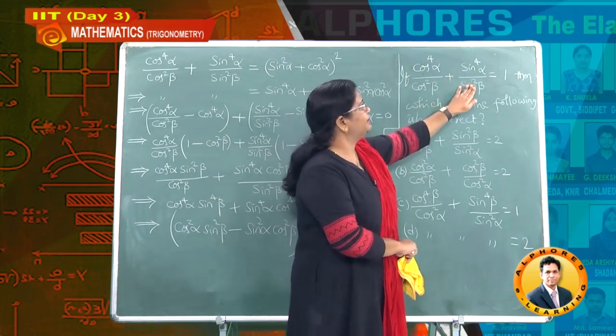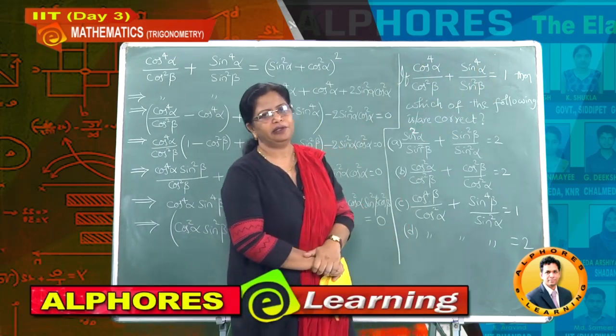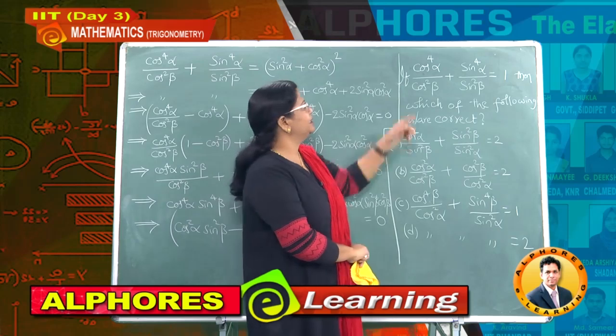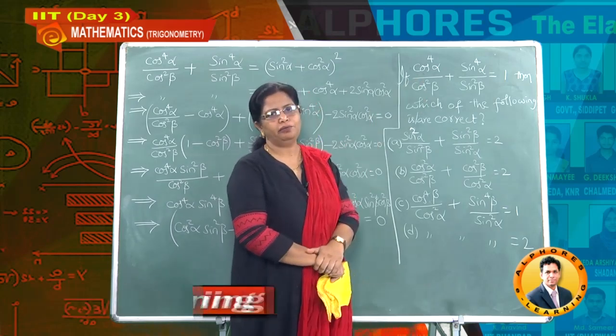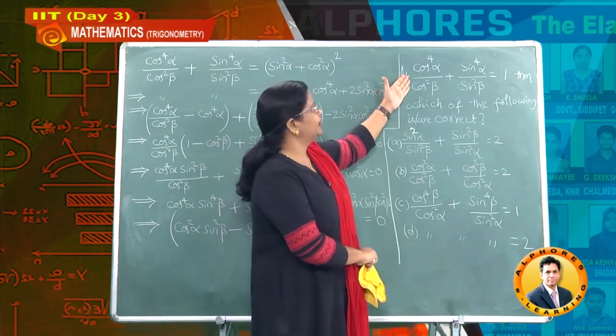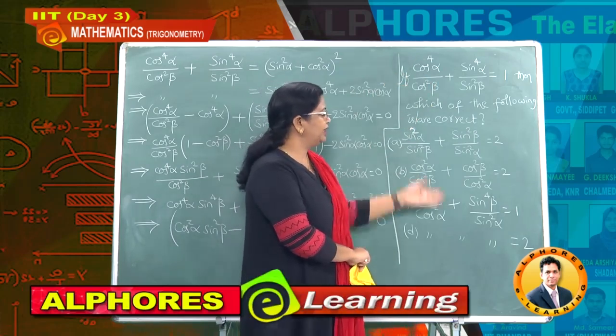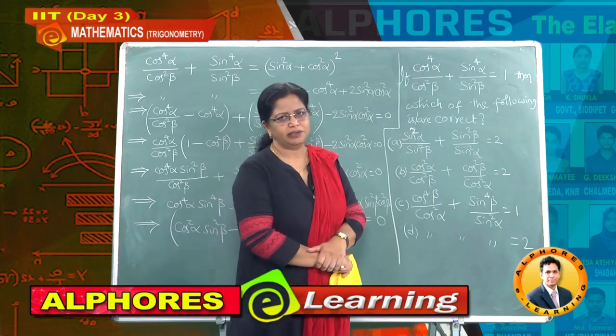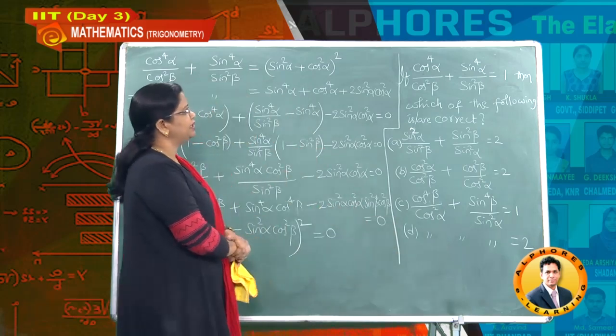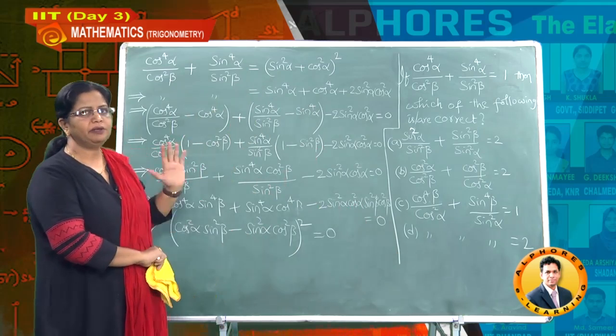1 by 2 plus 1 by 2, the value how much you got here? 1. This implies alpha equal to beta equal to 45 degrees is satisfying the given equation. Hence you substitute here, and directly you can get all answers. But we have some enthusiasm, how we got a direct procedure also.